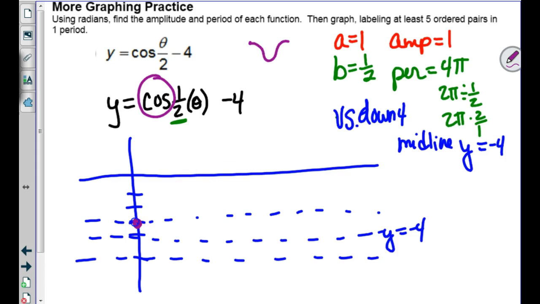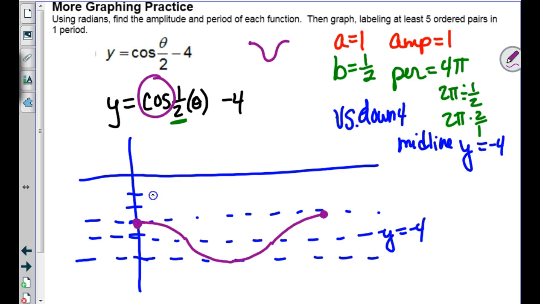So I'm going to start here. Quarter circle, something like this. Not well drawn at all. I don't know if that's any better or not. Looks a little more symmetric, but